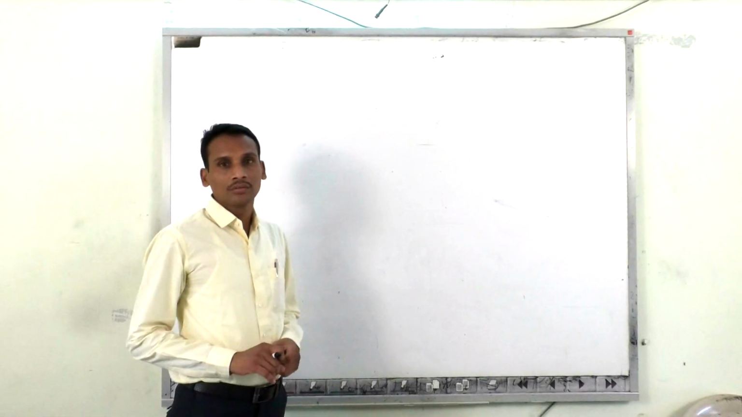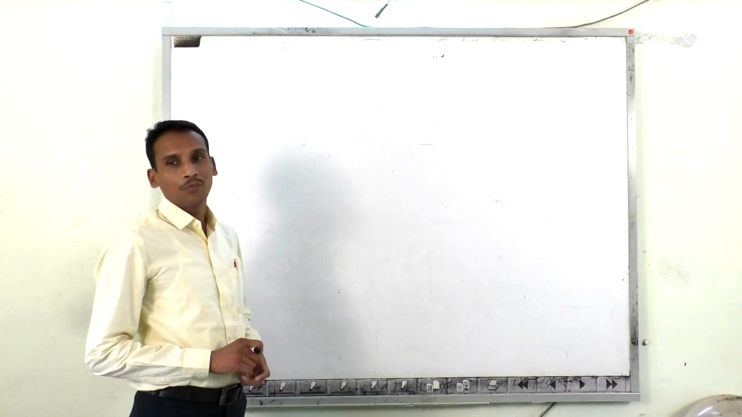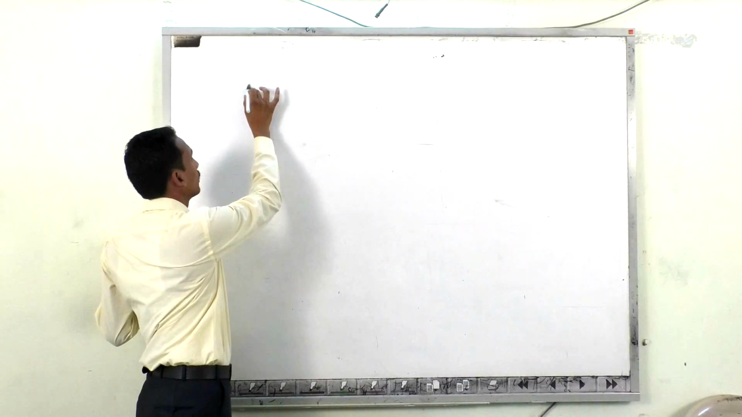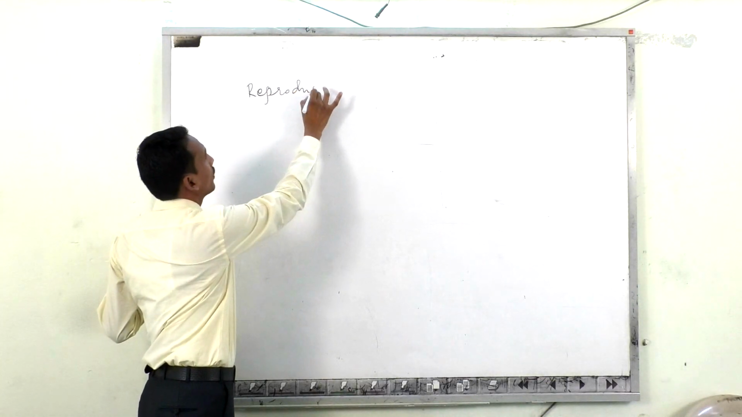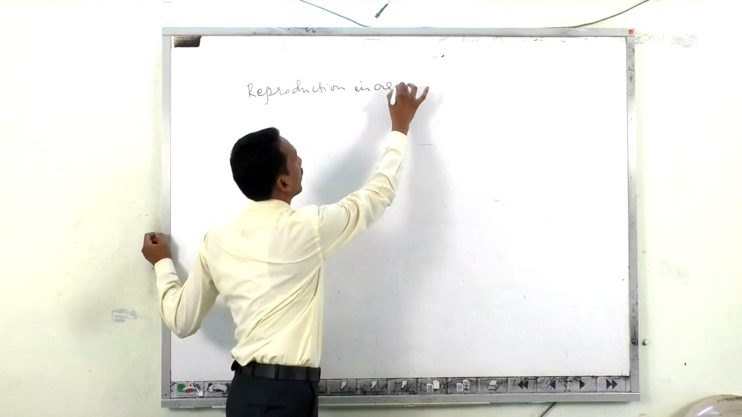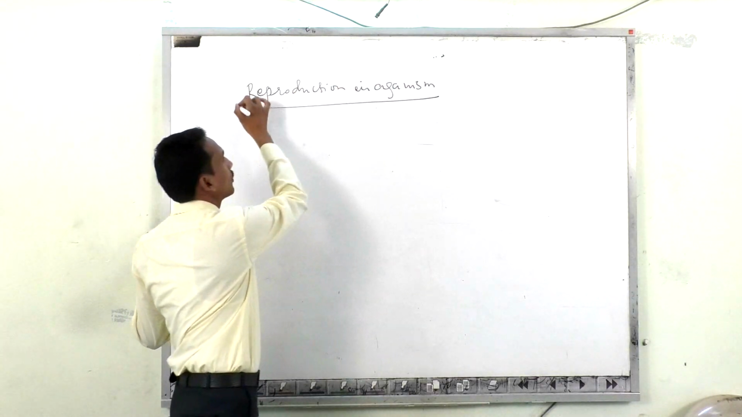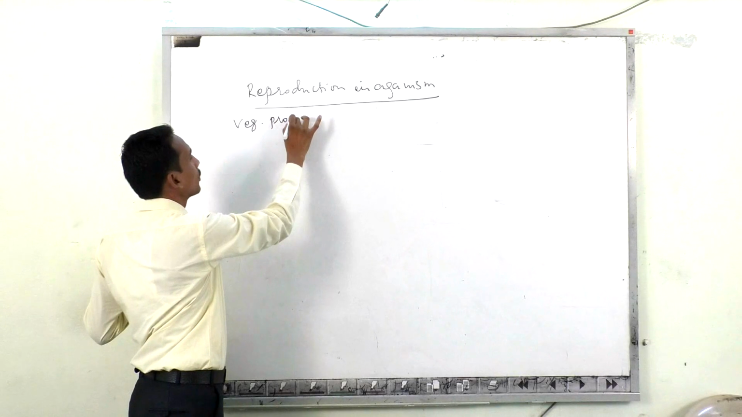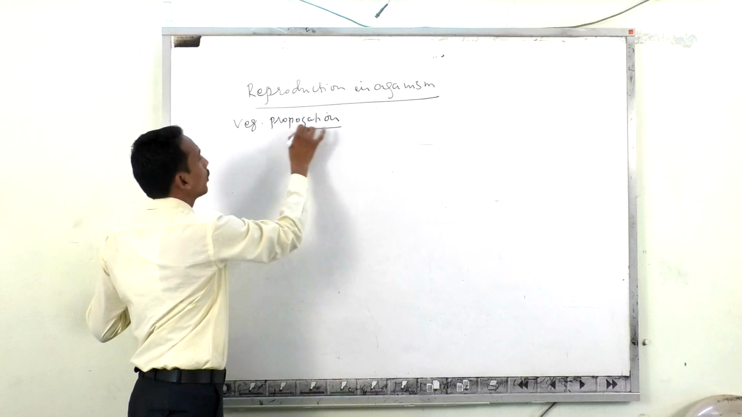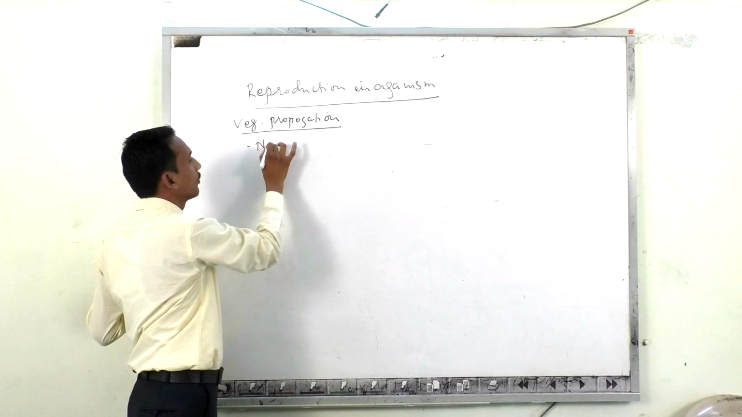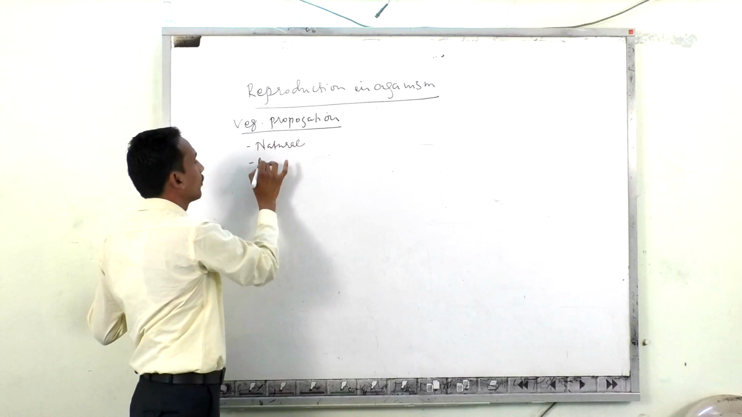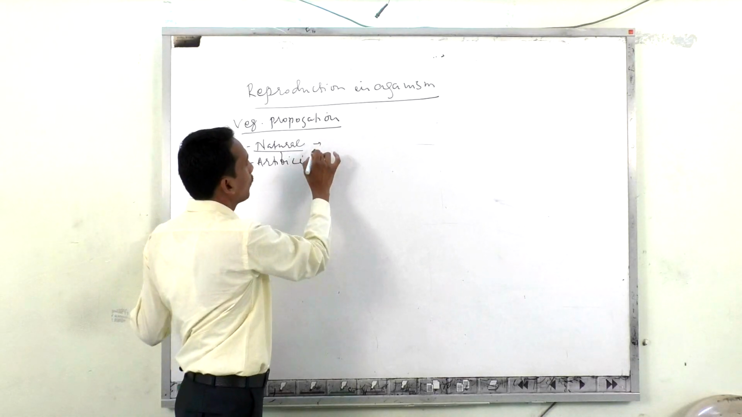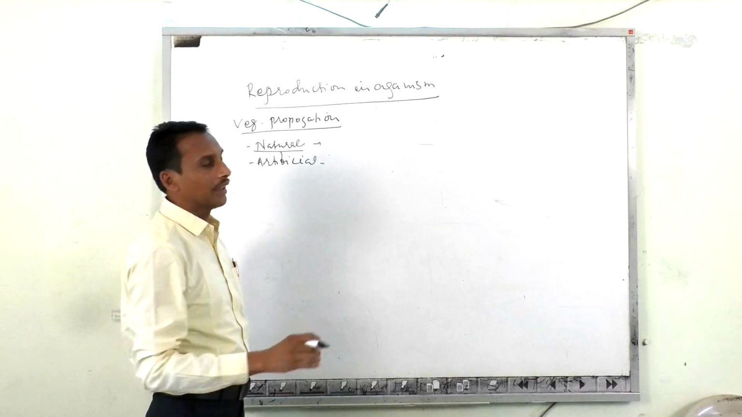Hello, good morning. Today we are going to discuss the remaining part of vegetative reproduction that we discussed in yesterday's class. In this chapter, reproduction in organisms, we are discussing vegetative reproduction or vegetative propagation. We have already seen that there are two types: one is natural and the other is artificial. In the natural type of vegetative propagation, we already completed that by